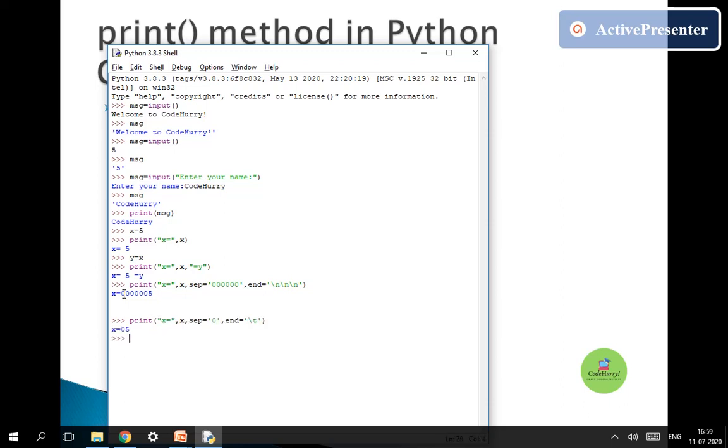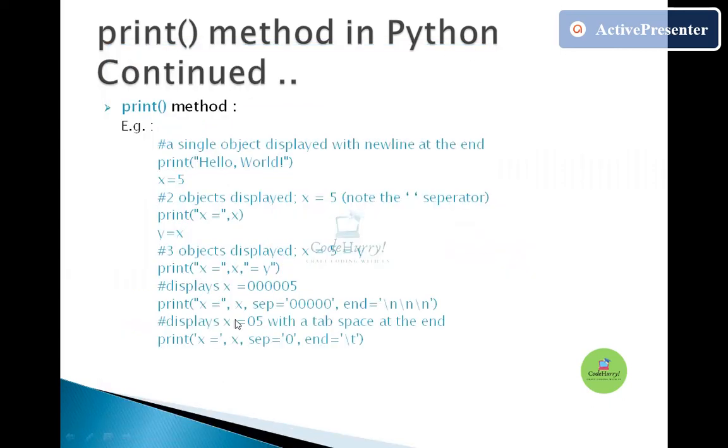So this is how the output is. Okay, how do we know that it has taken the slash t, one tab space? As you can see here, one tab space is included after the printed statement. Here it was not there, it was going to the new line character. So here it printed one tab space, and then it has gone to the next line. So this is how we can print the statements using different separators and end characters.